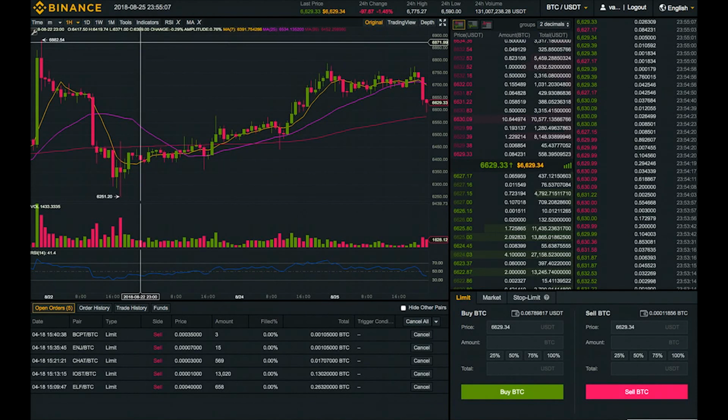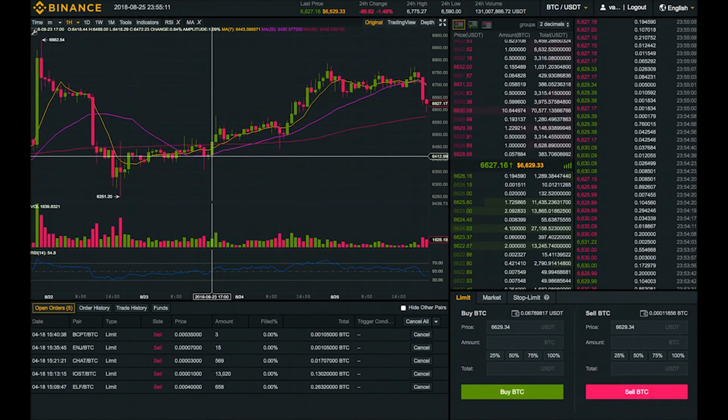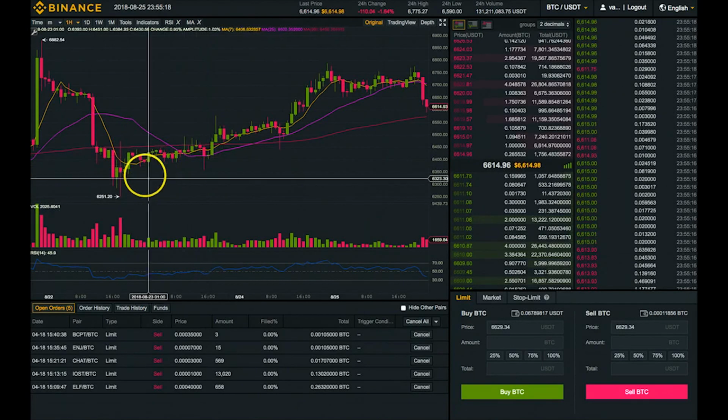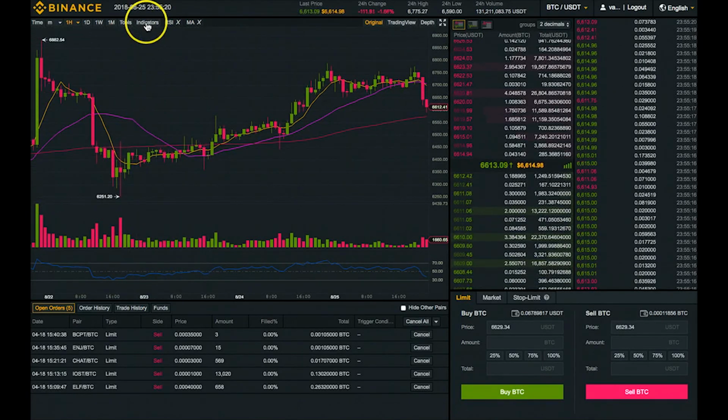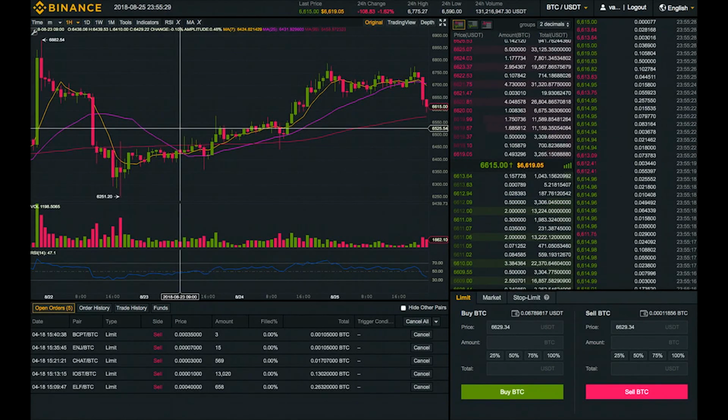So it basically gives you a much larger view of the chart. The options are very similar and everything works basically the same. It just looks different. And you get a few more options, like the ability to toggle all sorts of technical indicators. If you click up here in indicators, you have all these technical indicator options, like you can set your relative strength index, for example.